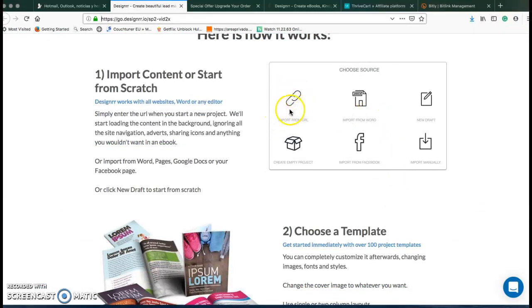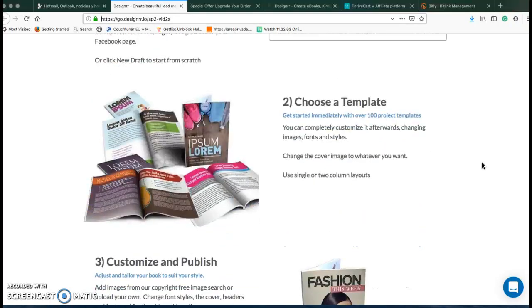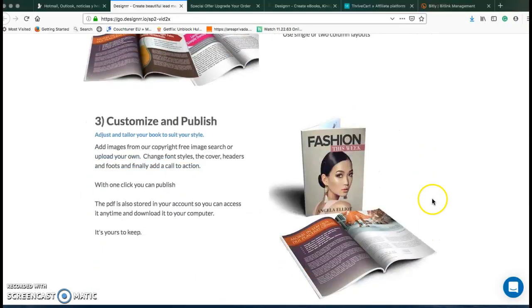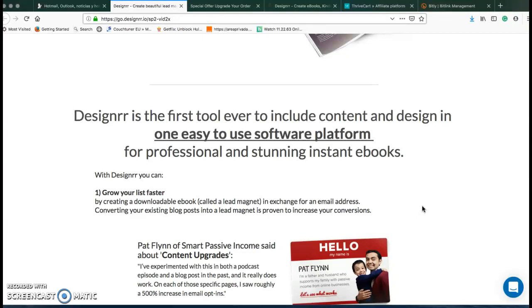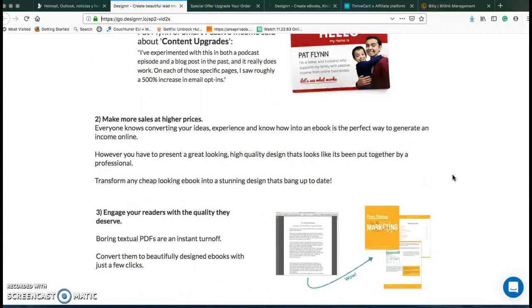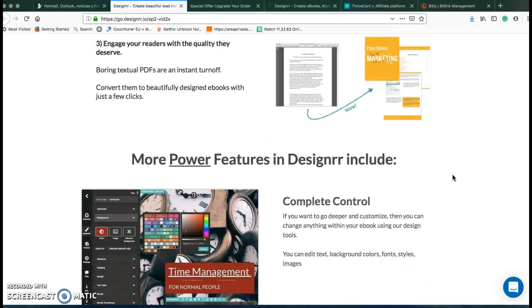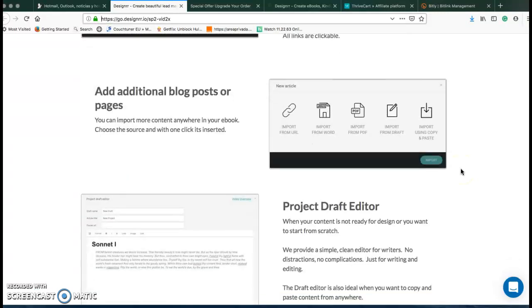You will be able to import it from URL, import it from Word, create a new draft, create empty projects, import from Facebook, and import manually. This is what the 27 US one-time payment will give you access to. You'll have lots of templates to choose from, and you will be able, as I showed in the previous video, to customize your website. You don't have any 3D cover, but there are free ways to get one done, and I will leave some links in the description below if you're interested. And this is what you get on